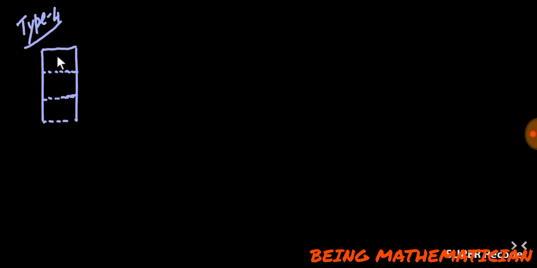Type 4. Let's see the problem. Let us assume that this is a building and the building is divided in 3 parts. Number 1, number 2, number 3. And from this point and this point,